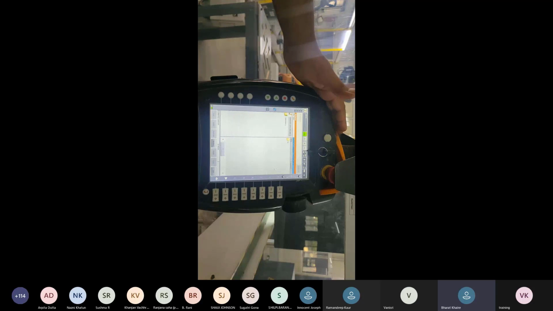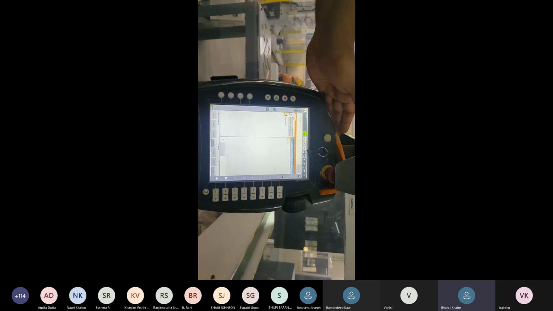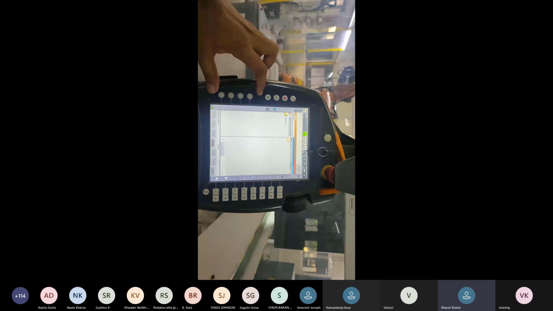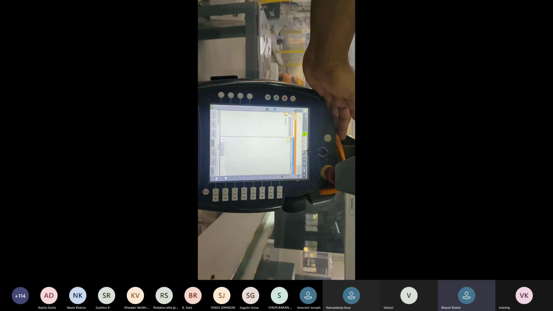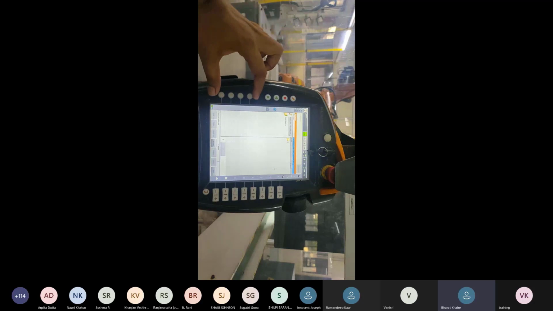So this teach pendant is for an R1 pick and place robot, so there are no special packages needed to operate the pick and place. But if this teach pendant is connected to a welding machine, then welding related packages will be given here, like wire feed, machine on off, and welding on or off.